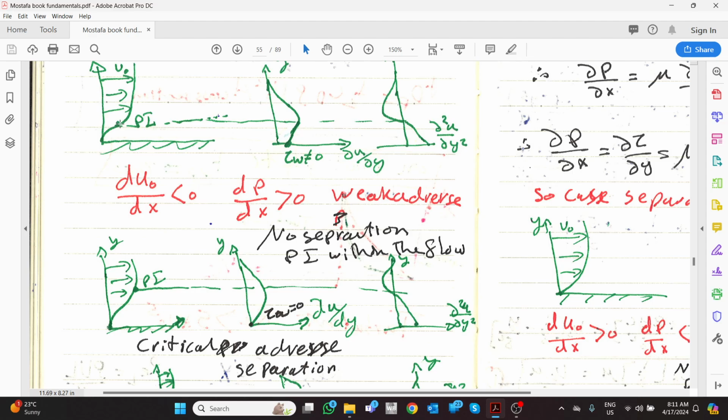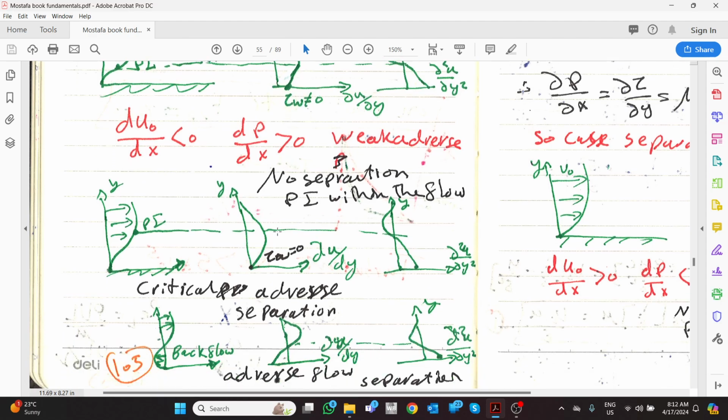But here, the change in du/dy is almost in the flow, and the wall shear is not equal to 0. The shear stress at the wall is not equal to 0. But if I have a critical adverse pressure, which means I have higher and higher dp,